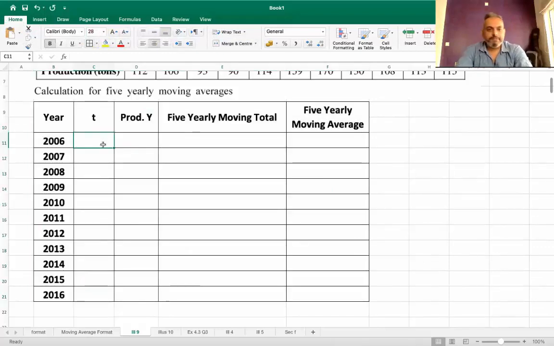Now, time t. In the textbook, first y is given and then t is given. But don't do like that. You first write t and then write y. This will be helpful and it will avoid calculation errors. So we start with t, which is 1, 2, 3, 4, 5, 6, 7, 8, 9, 10, and 11. Production y,